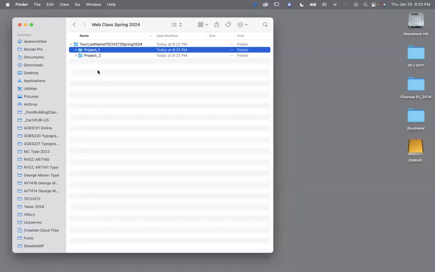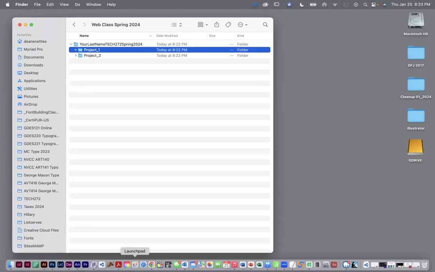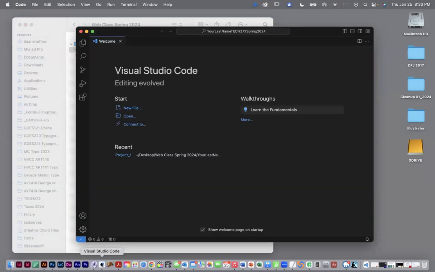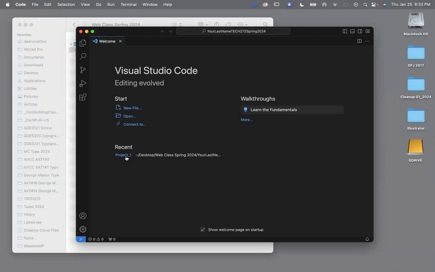Here's my desktop. Here are the folders for my project, the overall folder, project 1, project 2. I've downloaded Visual Studio Code and I'm going to open it. You will probably see a button here that says that no folders have been previously opened. And so you would click on that